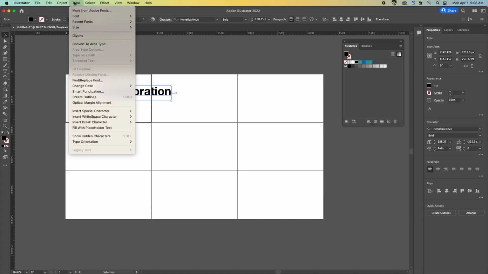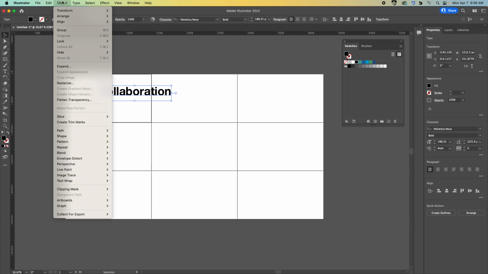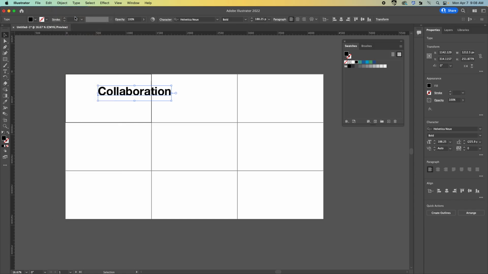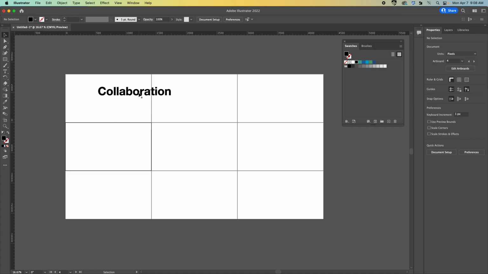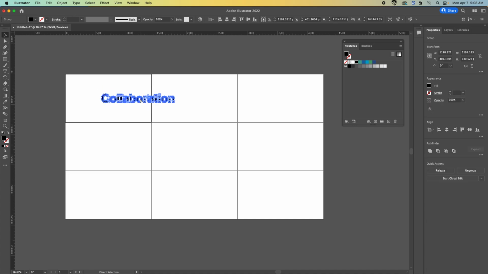Under type, let's see if it's under type. Change, create obstacle. Nope. Use the keyboard command. Command-Shift-O outlines the type from usable type to